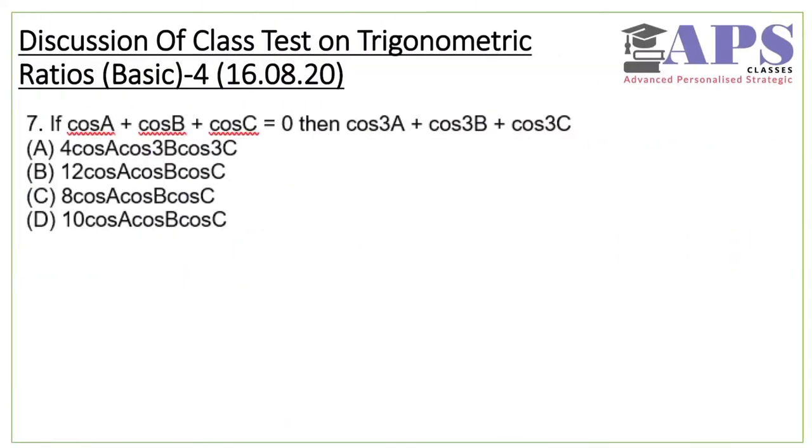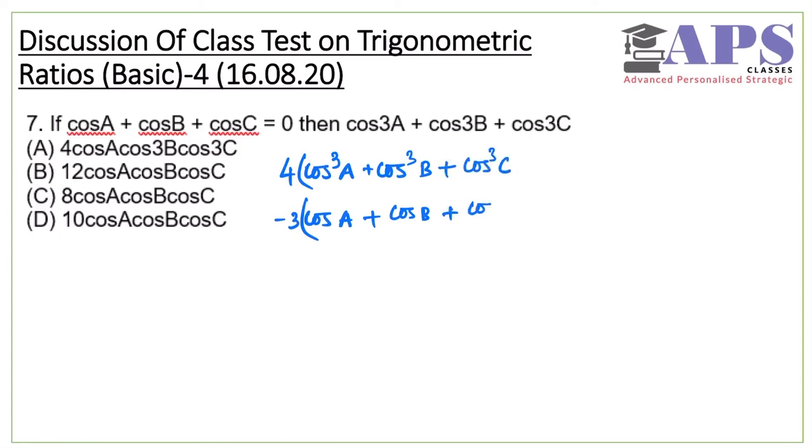In question number 7, cos A plus cos B plus cos C equal to 0. You have to find this cos 3A and all. So the multiple angle formula can be used for cos 3A, cos 3B and cos 3C, which is cos 3A equal to 4 cos cube A minus 3 cos A. I am writing in this way, and for this one cos cube B will be there. I can take 4 common, and minus 3 cos B. So minus, if I take minus 3 common, here I can write cos B. And for the C term, I will get cos cube C, and here plus cos C. Okay, so writing them in this way.